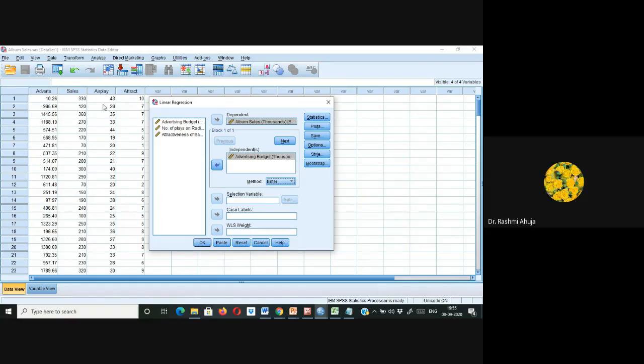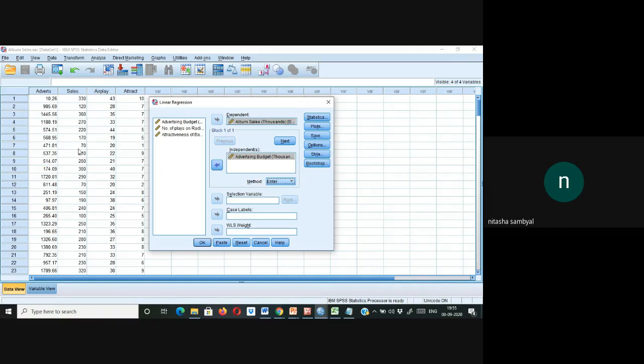See, most of the people say that if you take the log, then your data tends to be normal. It's okay. If you take the log, it might tend to be normal. But if we are conducting a regression on a logarithmic function, it will no more remain a linear regression. It will convert into a logistic function of that regression equation. So that option is not there.